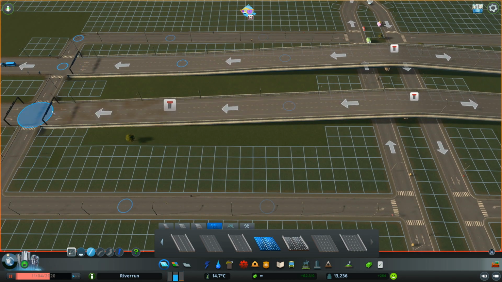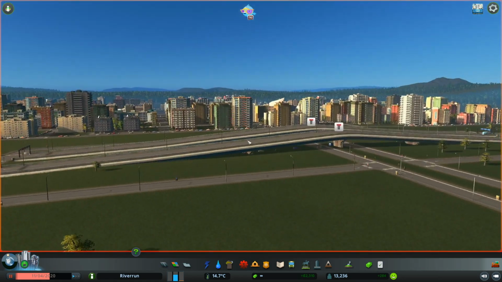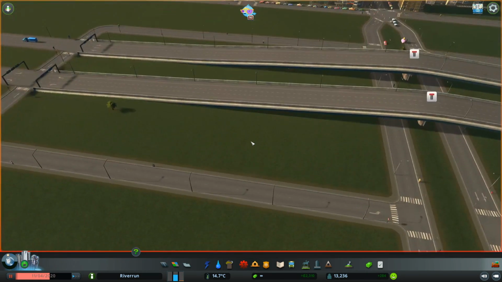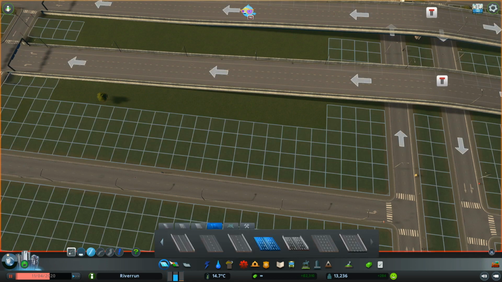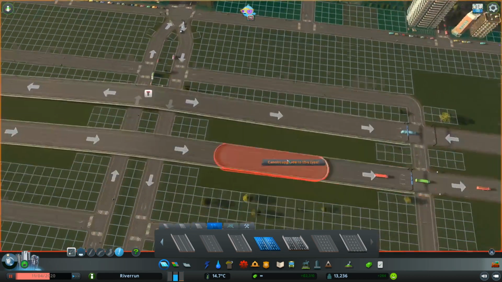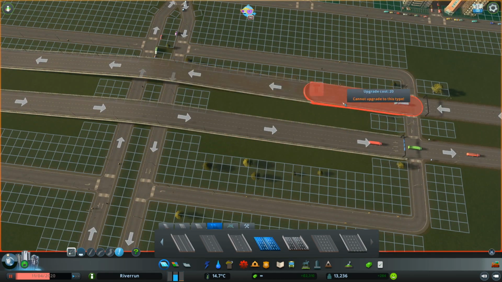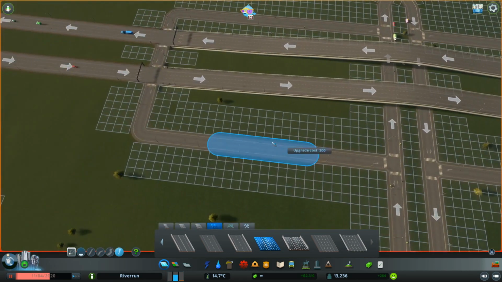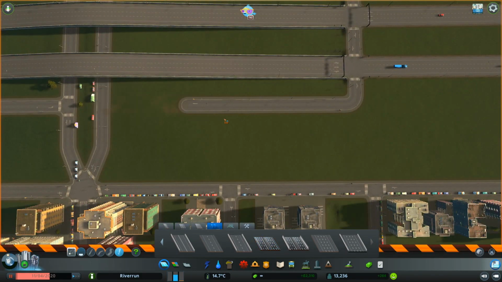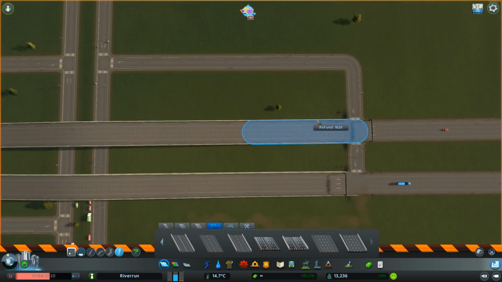That's very odd, but it works now. Oh well. So before you unpause your game, double check that you're going the correct way. We don't need you wrecking your entire highway because you built it backwards and then you did it the wrong